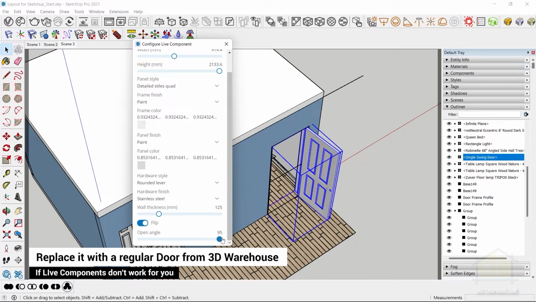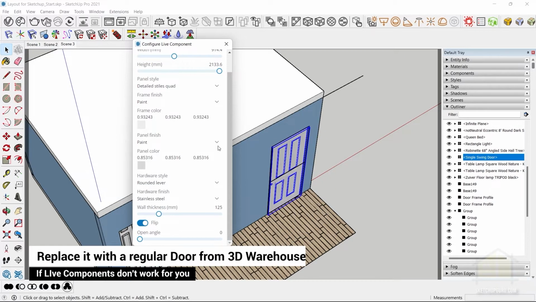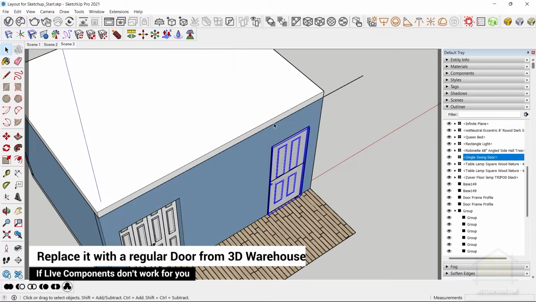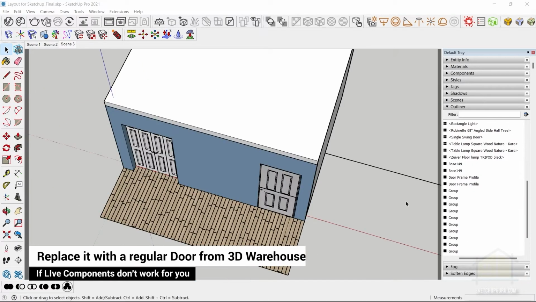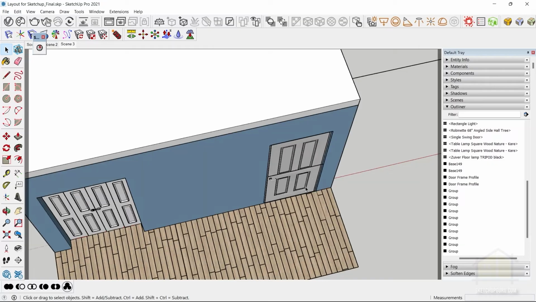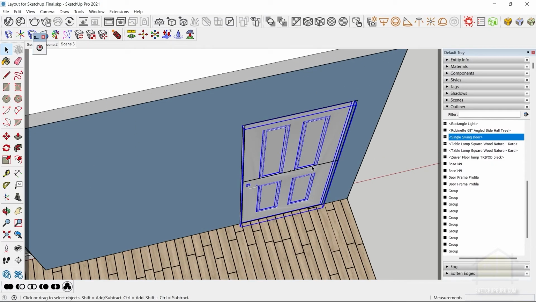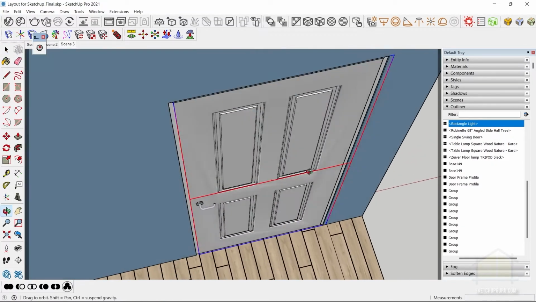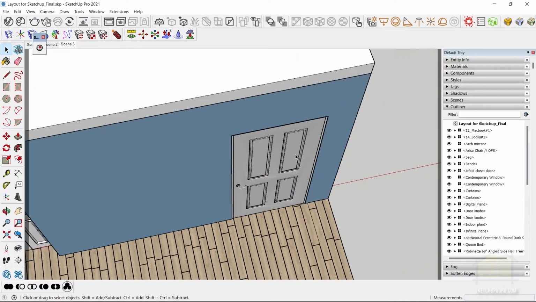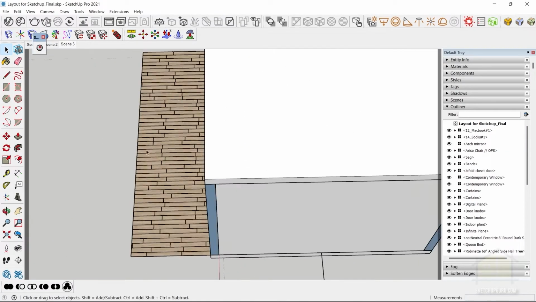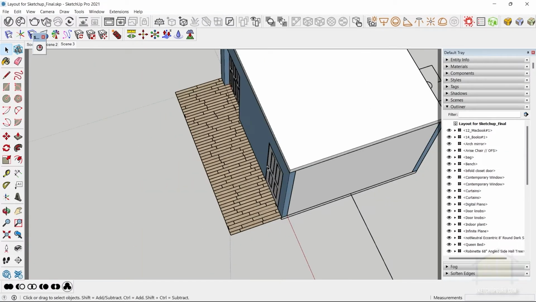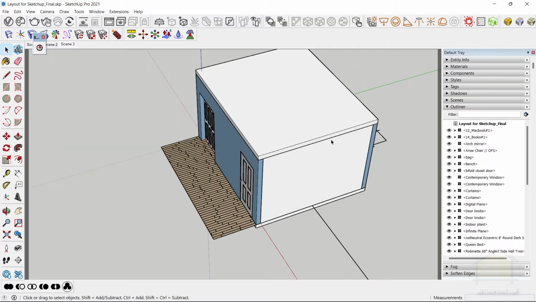And then simply reduce the open angle to 0. So that would make it a closed room. Alright, and there's an additional light as well, which comes from V-Ray. So we don't need this light, so we can select that light and delete. Now before I modify this room anymore, like for example removing this room, I'm just going to purge this model